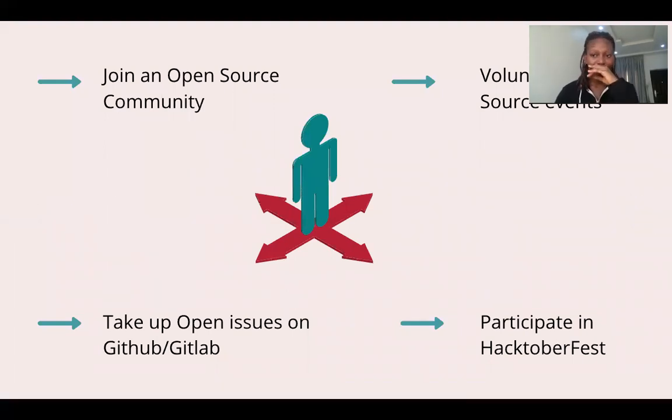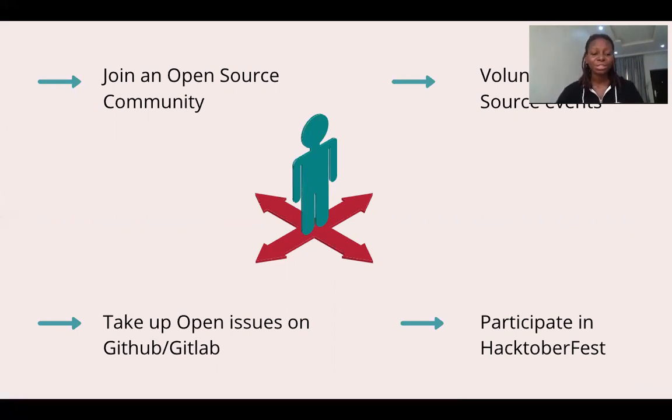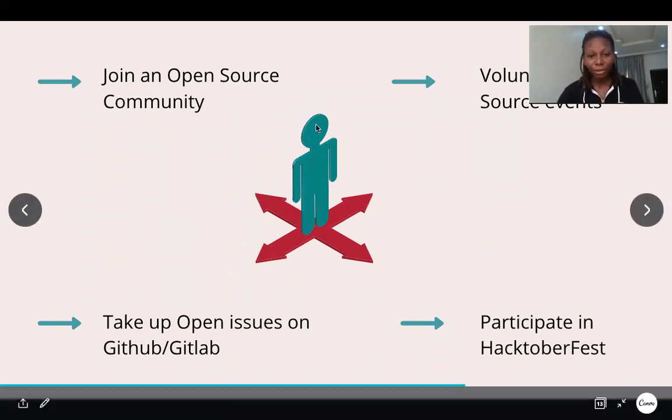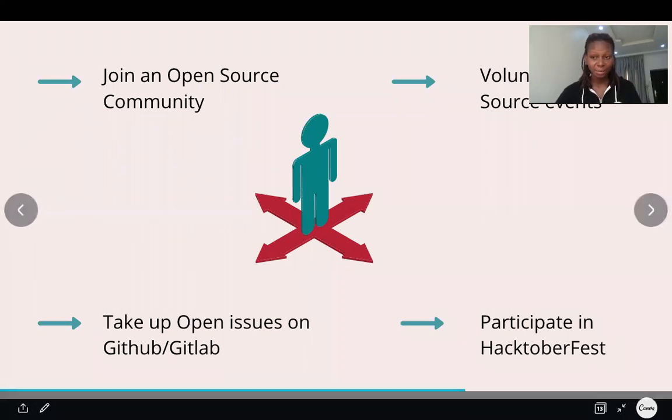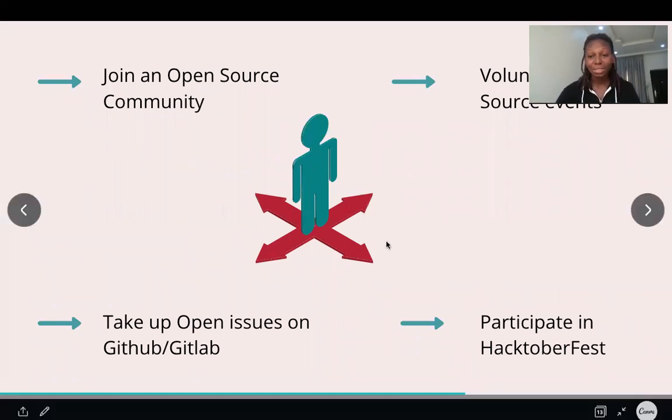You can get involved by first joining a community. So if you have heard of an open source community that you're passionate about, you like this community and you want to be a part of it, you can reach out to the community, either by joining their Slack channel and making an introduction, or through any platform where the community members engage, and then introduce yourself and tell them you want to be a part. That's a way to begin.